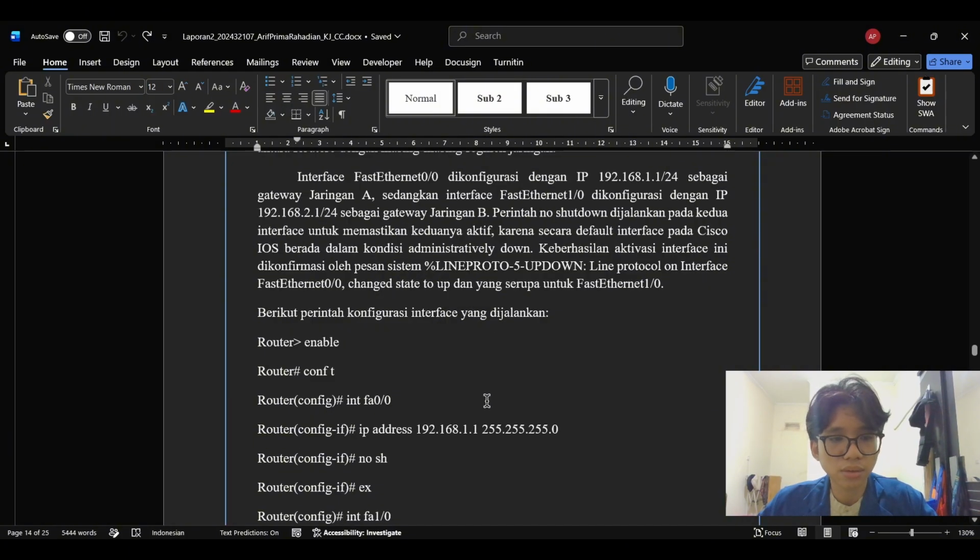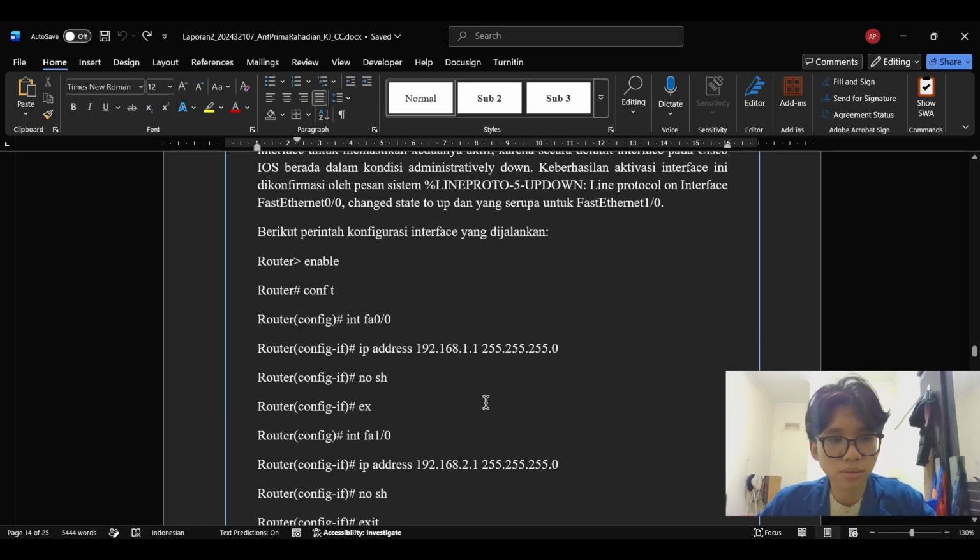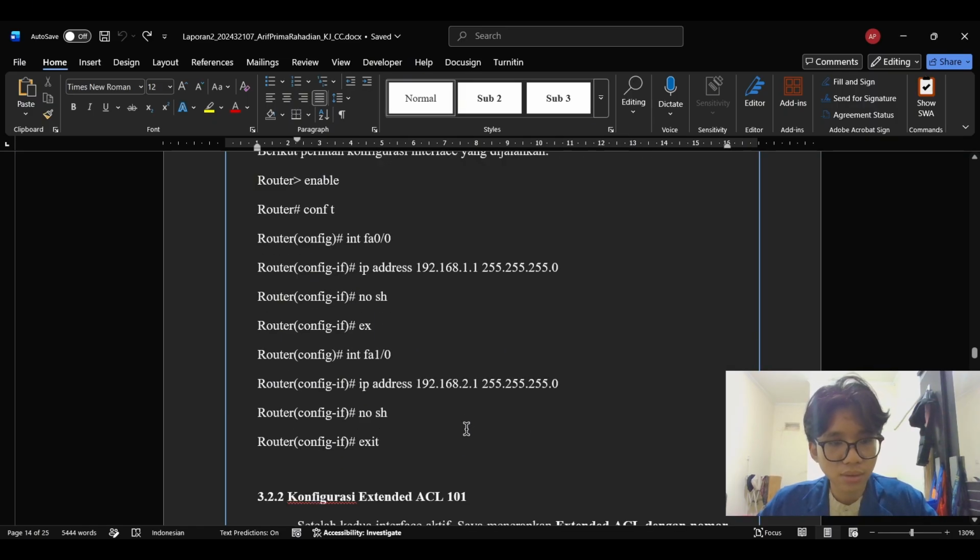So I had to run the no shutdown command on both interfaces to bring them up. The system confirmed this with a line protocol up message for both FastEthernet 0/0 and FastEthernet 1/0, which means the interfaces were active and ready to forward traffic. At this point, the two network segments could communicate with each other freely through the router.